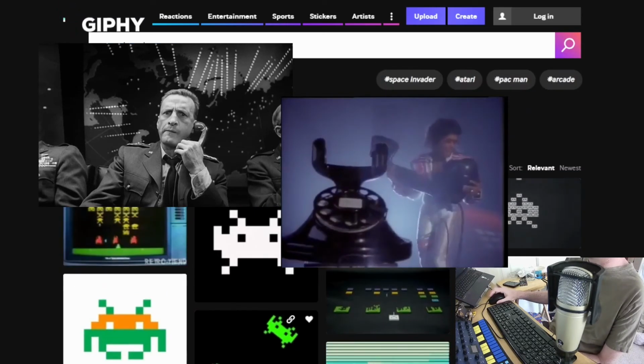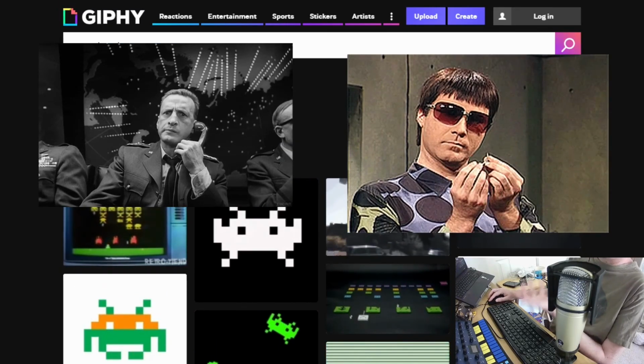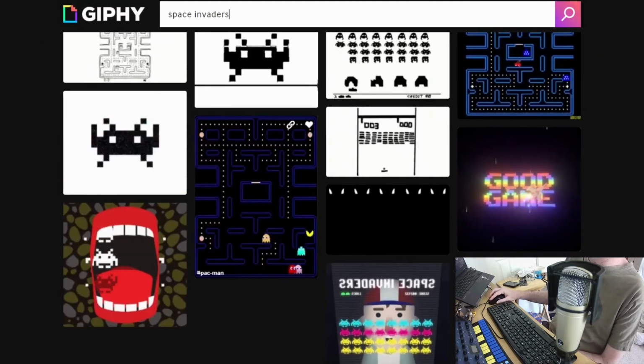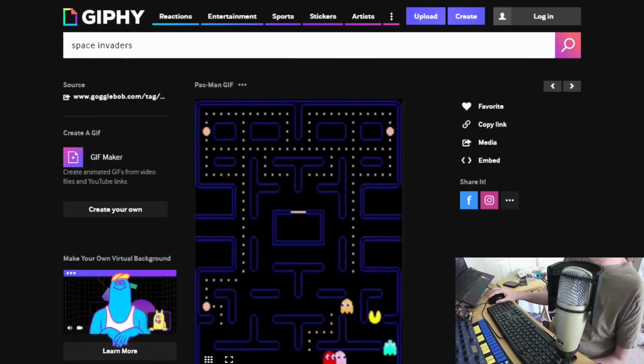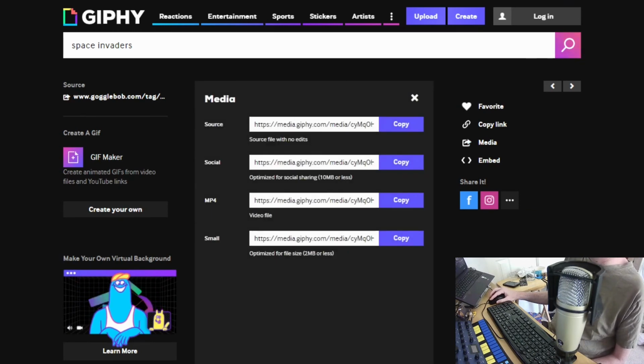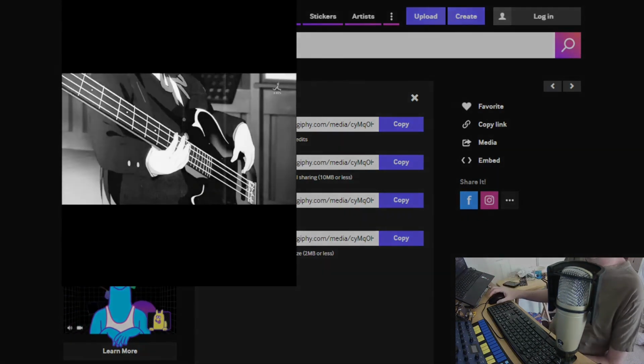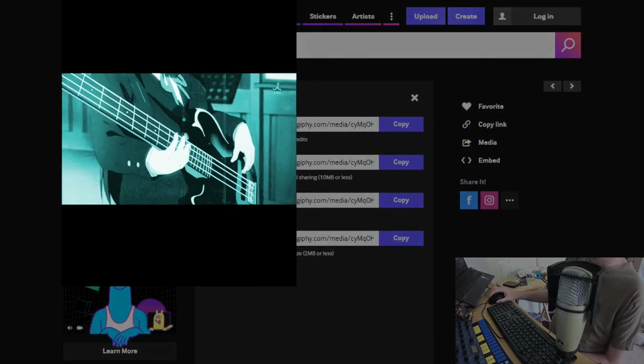If you're looking to do this, you can use a site like Giphy and search for a term that you want to use, and find videos about a variety of topics. And then you can download the actual MP4 by using the media tools. And then from there, import them into a video editor and add effects and try to make something that fits along with the music style that you're creating.